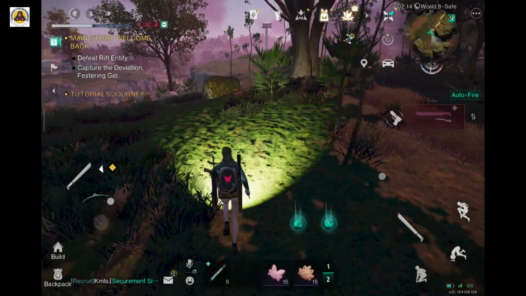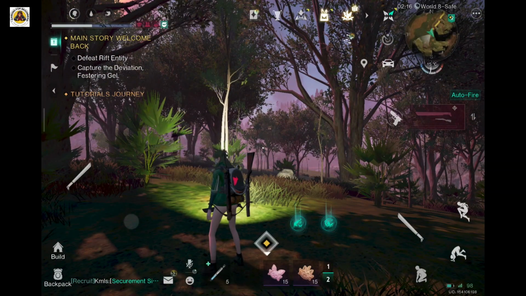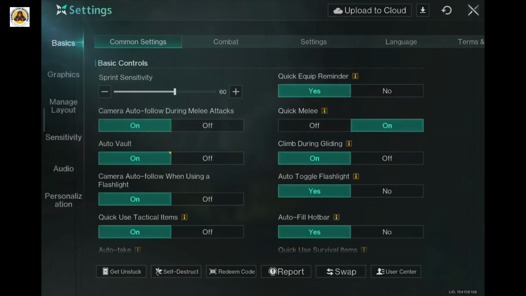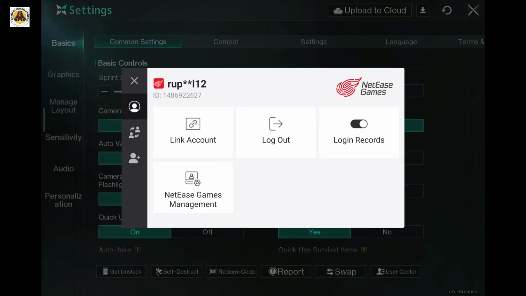First of all, launch the OnceHuman game on your device. Once you're inside the game, go ahead and click on the three dots at the top right corner. Now from the menu that appears on the screen, click Settings, and inside Settings, go to the bottom right and click User Center. Inside User Center, you will see your user ID right underneath your name at the top of